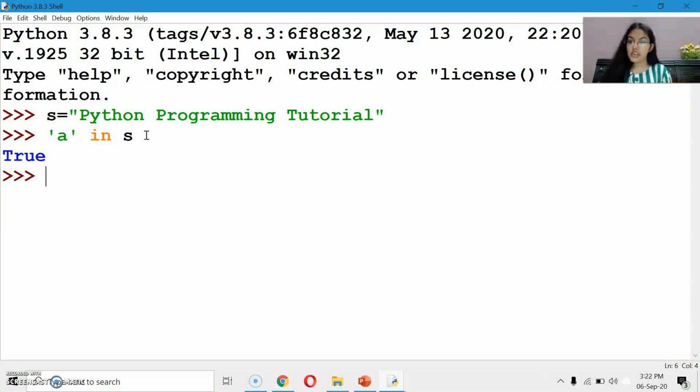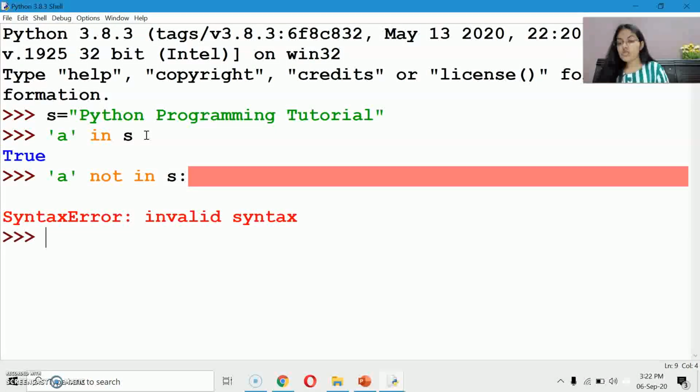If it is there, it will return true. Otherwise, it will return false. Okay? If I write A not in S here, then it will return false.